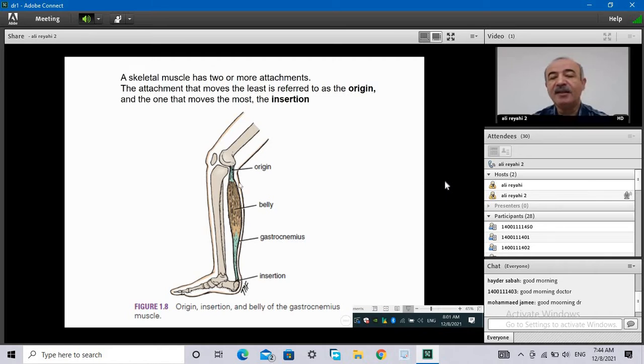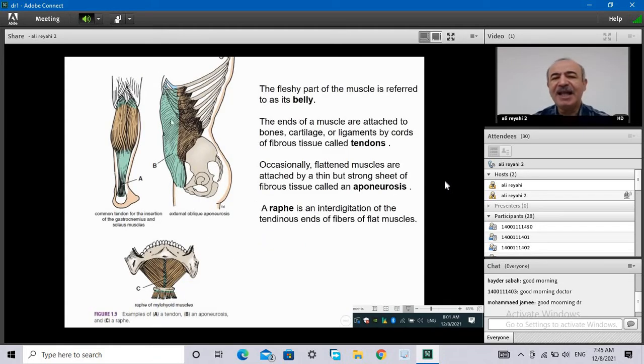Okay, and each muscle usually has a belly, a thick part of the muscle that is formed by the muscle fibers. It's called the belly. So there are three terms: origin, belly, and insertion. The end of the muscles